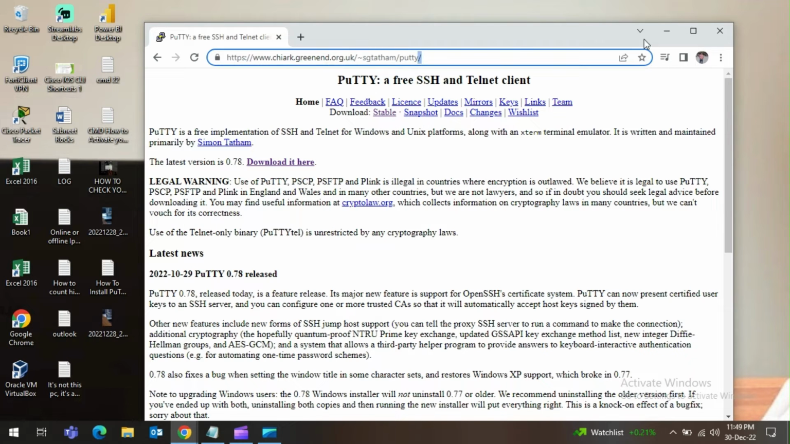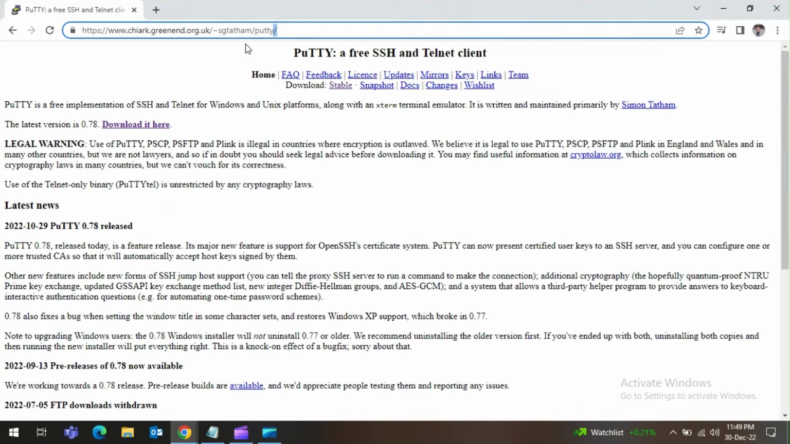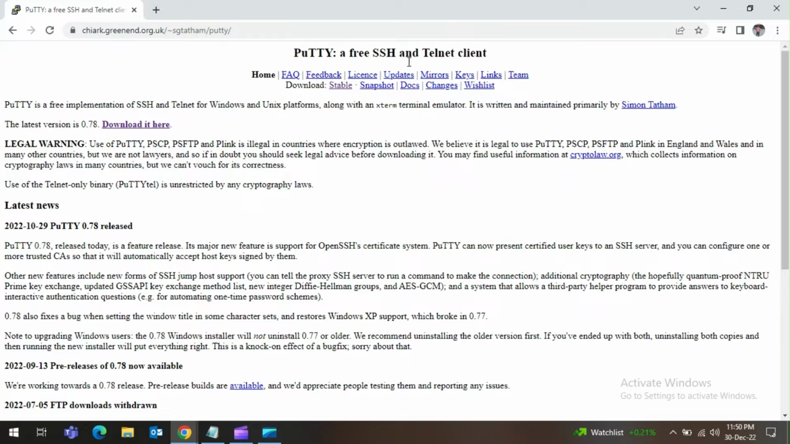Putty, a free SSH and Telnet client. Putty is a free implementation of SSH and Telnet for Windows and Unix platforms, along with an xterm terminal emulator. It is written and maintained primarily by Simon Tatham. The latest version is 0.78. Download it here. Download Putty, latest release,